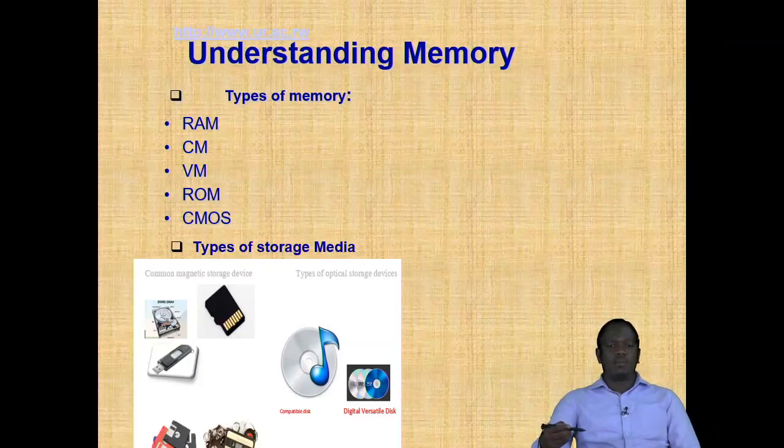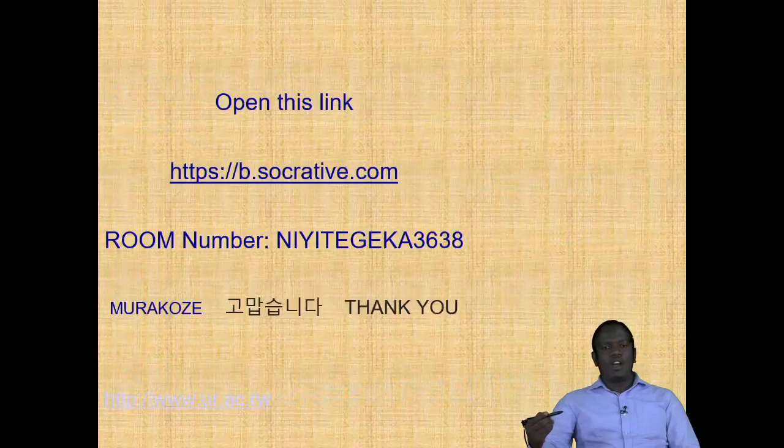processing to the RAM. And we have ROM, which we call read-only memory. It is a permanent memory of the computer, which is integrated on the motherboard. We have another memory which we call CMOS, complementary metal oxide semiconductor, which stores some of the computer's software and configurations. As you can see here, the common optical devices storage, we have a hard disk, memory card, we have